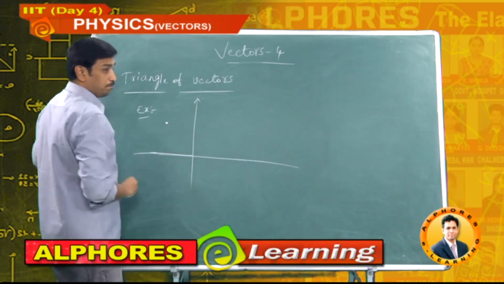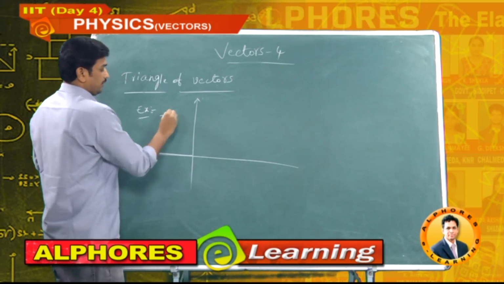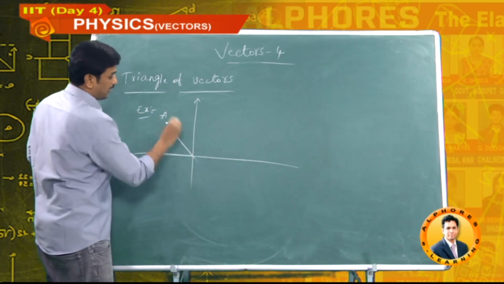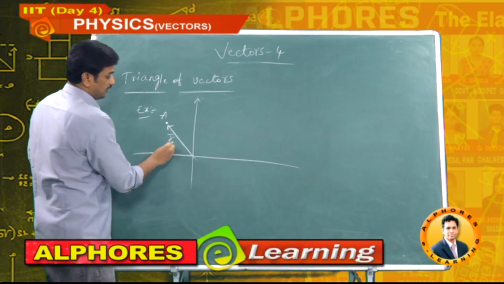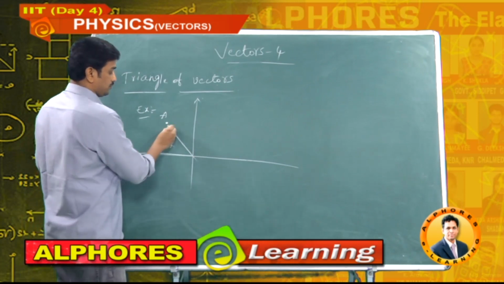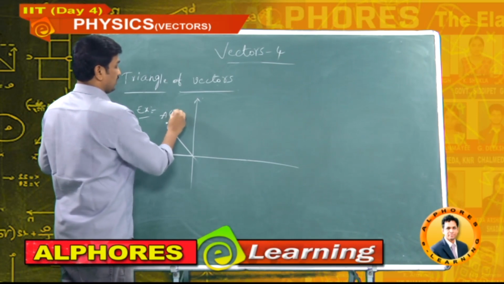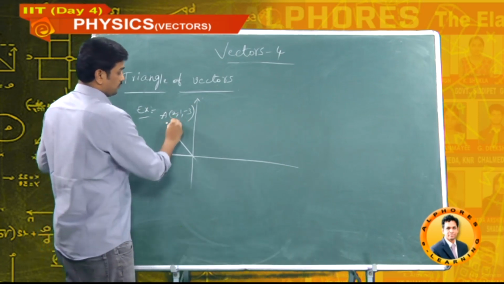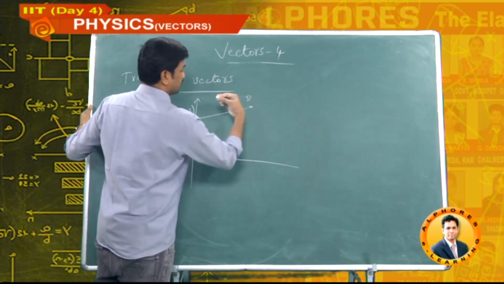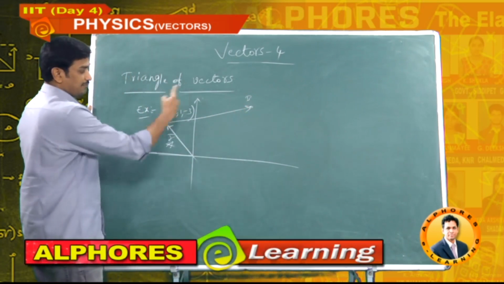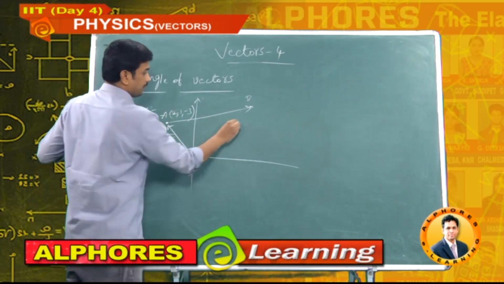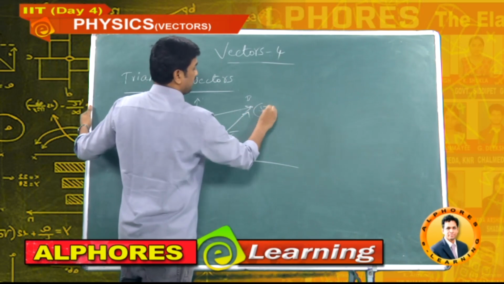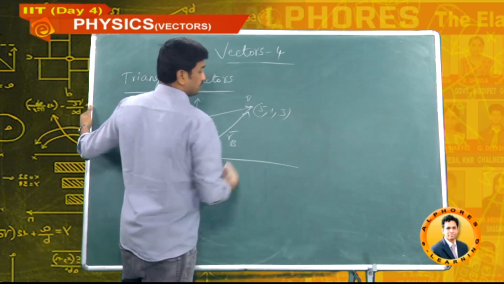See, the particle is initially at a point A. Where is the position of the particle? RA bar. The position of the particle RA bar at t equal to 0, let this be 2, 1, minus 3. Now the particle travelled from A to B point. What is the final position vector of the particle? RB bar. Now the final position is 5, 1, 3.